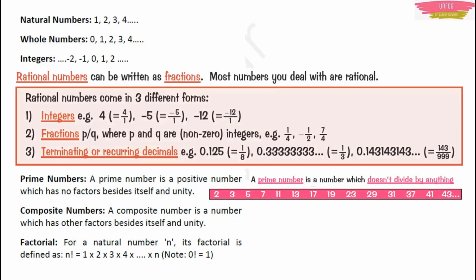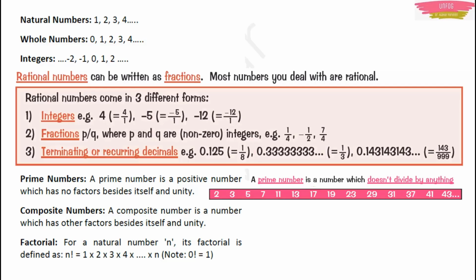Now let's know what this word factorial is. Factorial means for any natural number, if that natural number is n, you write n factorial. Factorial means you write this exclamation symbol beside n. Then you go on writing the numbers and multiplying them: 1, 2, 3, 4, 5, 6 till n.